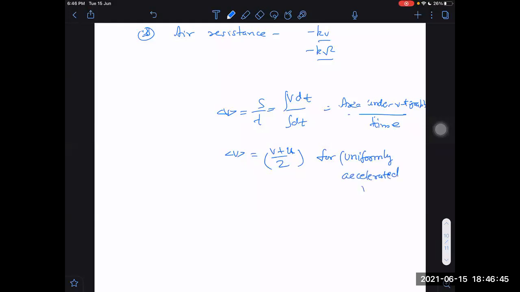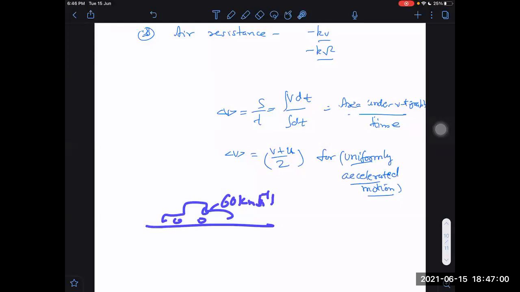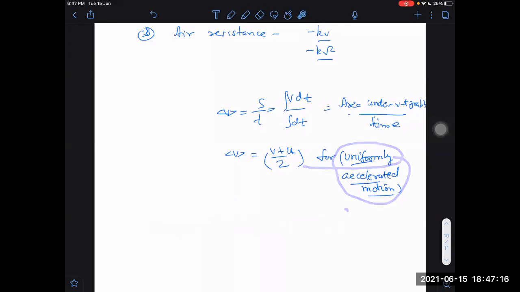What is the difference between uniform motion and uniformly accelerated motion? The motion under gravity is uniformly accelerated motion. If you are sitting in a car and the speedometer needle is always at the same 60 km/h, then that car is moving with constant speed. If its speedometer is always indicating 60 km/h, that is an example of constant speed. What is an example of uniformly accelerated motion? The best example is motion under gravity.